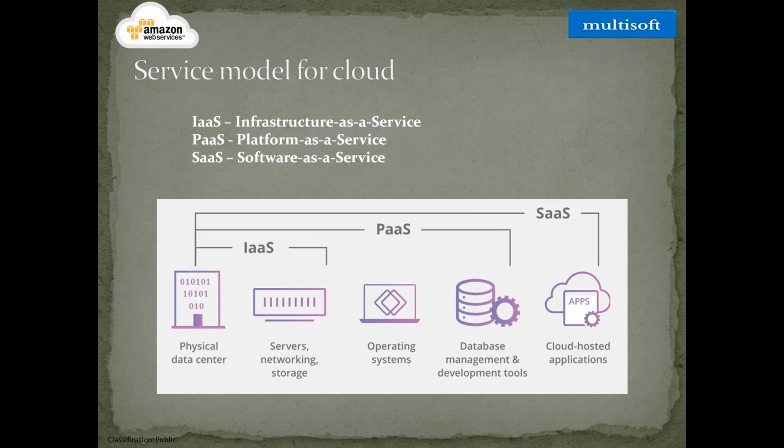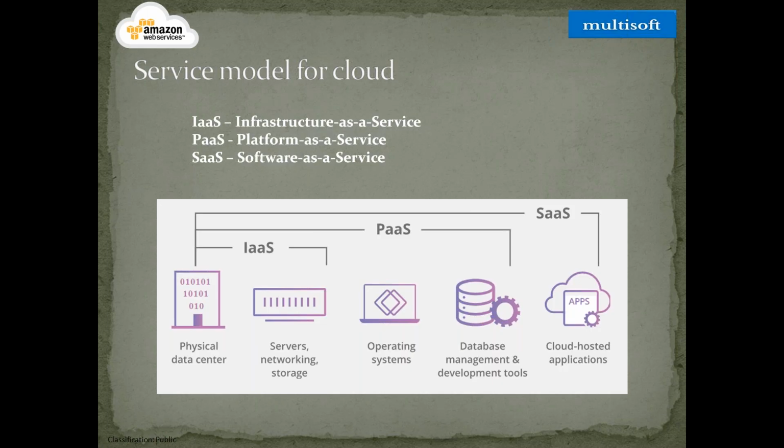That was an internal project by a few engineers who decided, okay, let's do this. We'll create an on-demand virtual machine website. All you have to do is log into the website and say, I need a virtual machine, and decide what kind of virtual machine you need, how much RAM, how much CPU, and then the self-service portal will automatically spin up and create a virtual machine for you in just a few minutes. That became a super hit program inside Amazon, and that was the seed for the growth of AWS. It was a simple idea which started, and today AWS alone, the cloud service of Amazon, is a close to $40 billion organization.